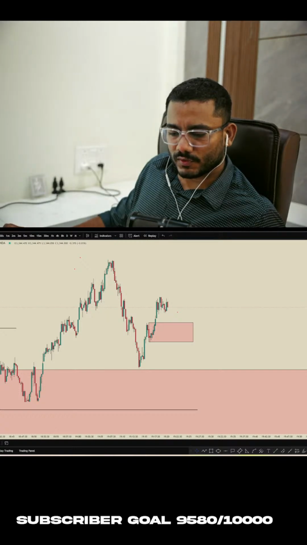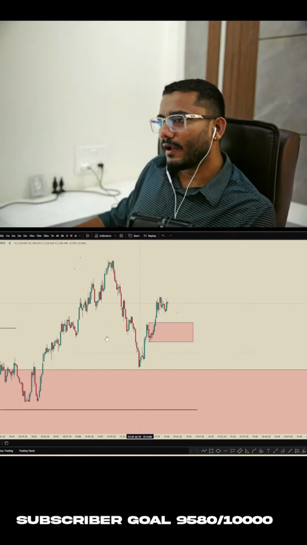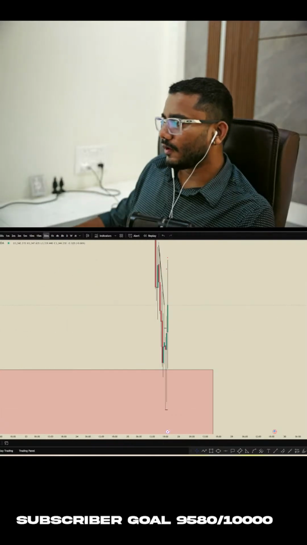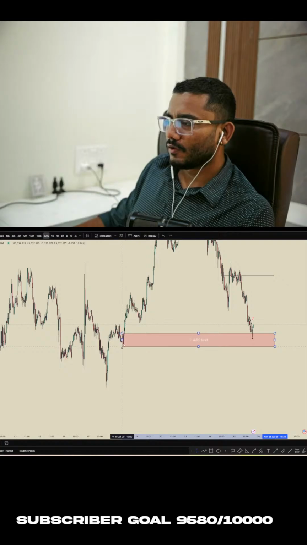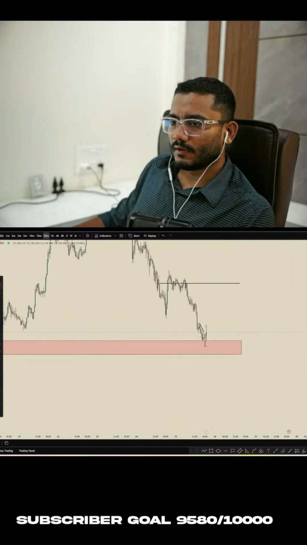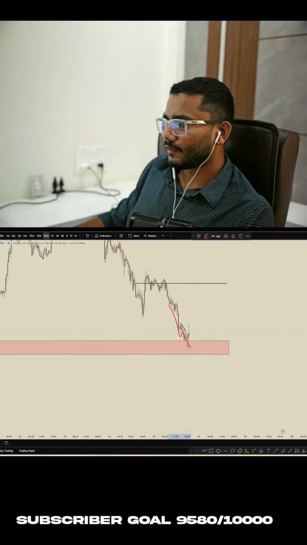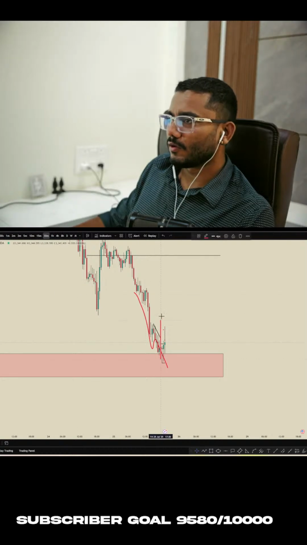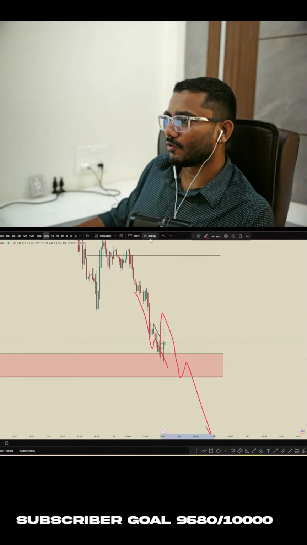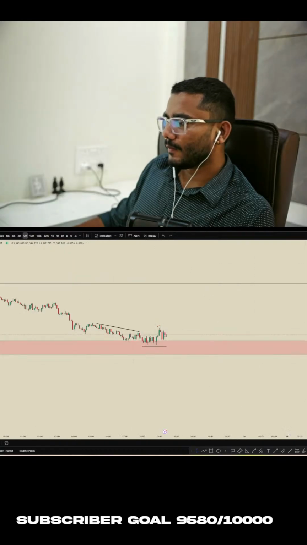So what we should do first before we trade, same important point: you have to look at the higher time frame. On higher time frame, I know that price was bearish here and then price reacted from this order block. So we can expect a reaction from this order block. We don't know if price can continue or just sweep this liquidity and continue to the downside, right? So first I was looking for a sell side entry, but after that